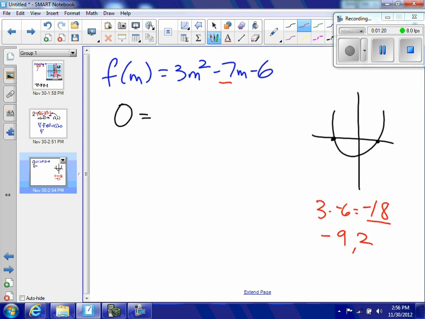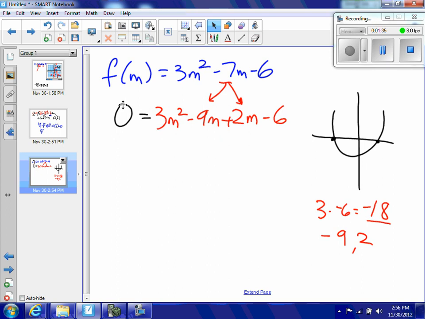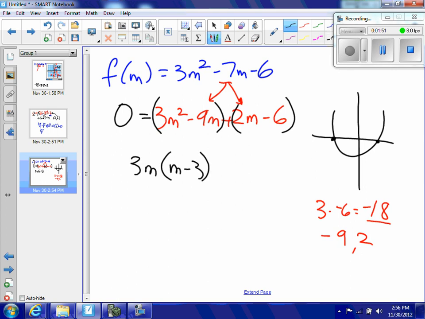So 0 is equal to 3m squared minus 9m plus 2m minus 6. All I did was I took my negative 7m and I made it into two pieces. So now I'm going to group this. I'm going to group those two, and I'm going to group those two. So from this group here, I'm going to pull out a 3m. So 3m times m minus 3